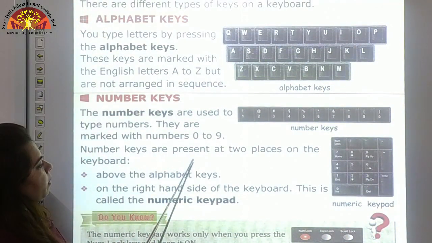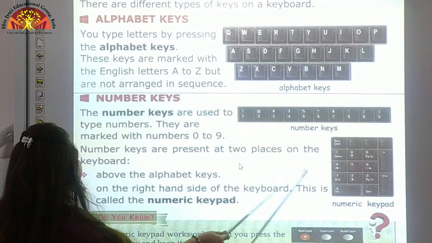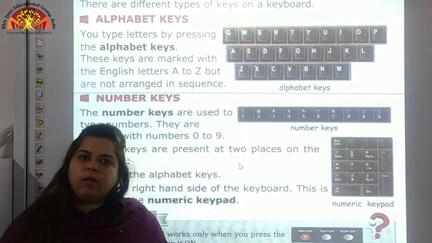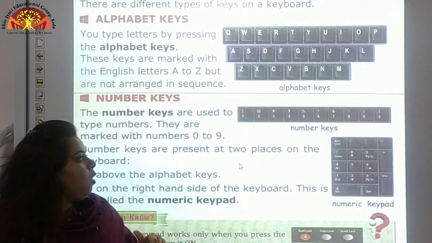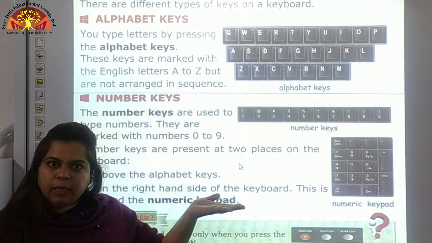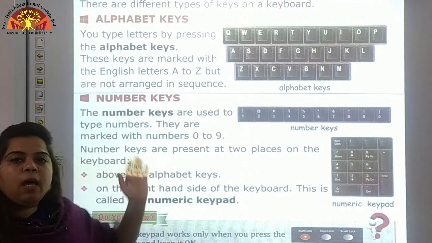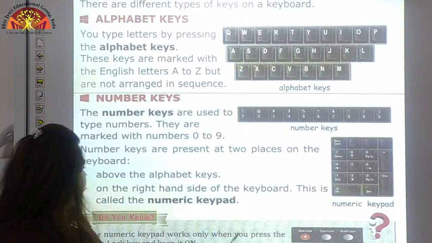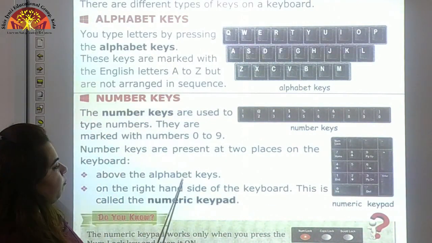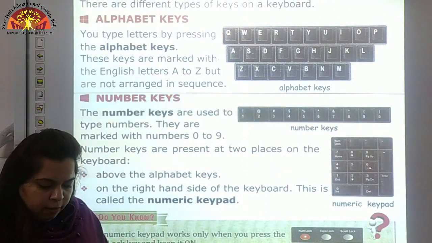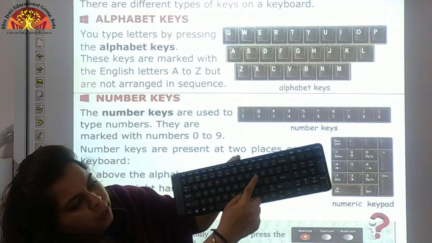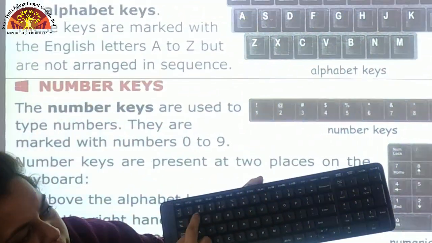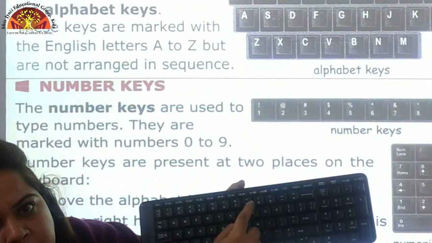Number keys are present at two places on the keyboard. As I told you, children, one above the alphabet keys and one on the right hand side of the alphabet keys. You can see over here, children, alphabets are over here and number keys are present above the alphabet keys.